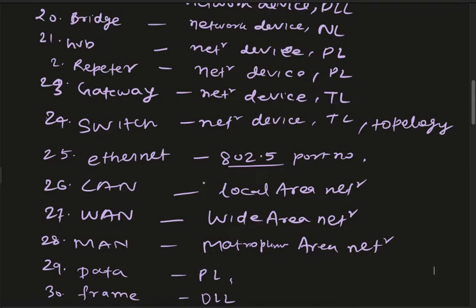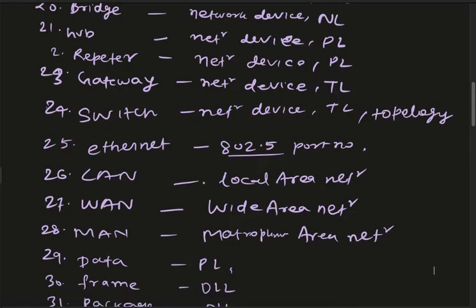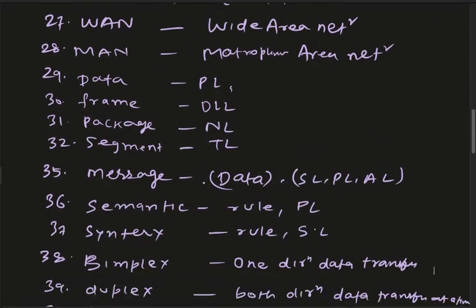And data is in the physical layer. Frame in the data link layer. Packet in the network layer. इस इज ए डेटा फिजिकल लेयर में डेटा मीन्स डेटा, डेटा लिंक लेयर में फ्रेम, नेटवर्क लेयर में पैकेज, ट्रांसपोर्ट लेयर में सेगमेंट एंड मैसेज। सेमेंटिक रूल प्रेजेंटेशन लेयर में, सिंटैक्स रूल्स एंड सेशन लेयर्स में।